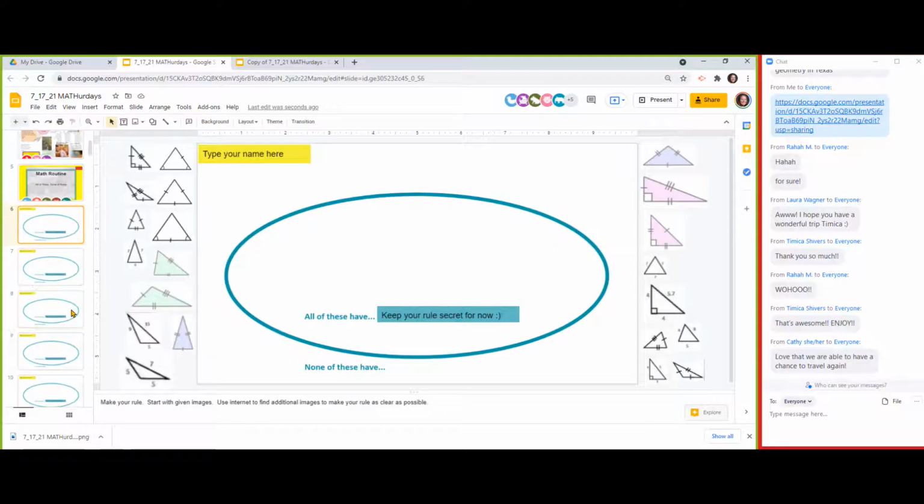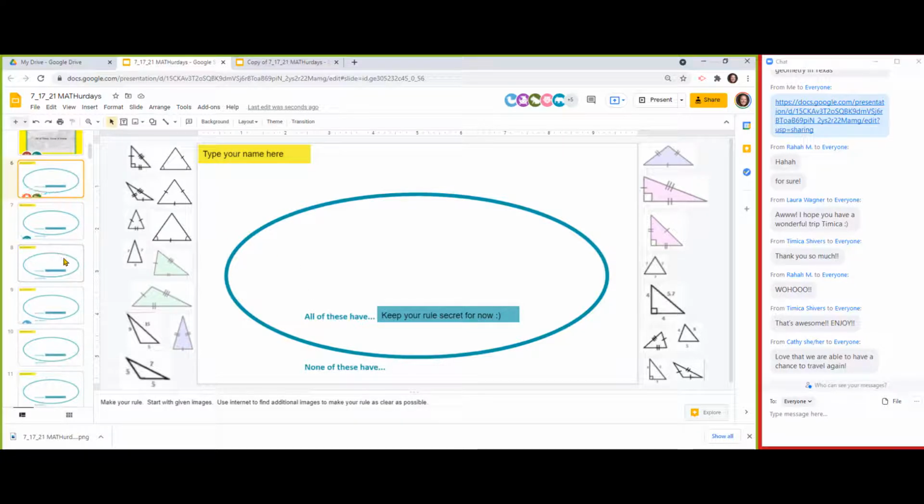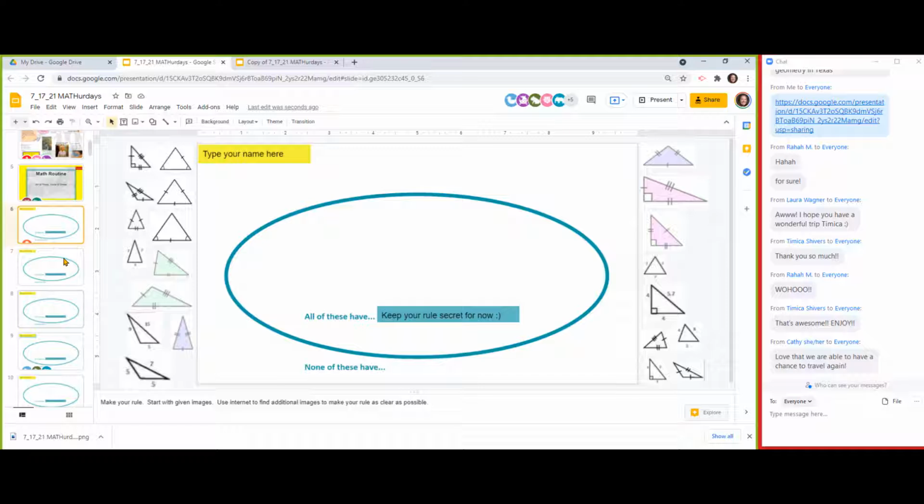What you'll see are a bunch of slides below that are ready for you to type your name and claim one. That's how other people will know that that's your slide. Please don't touch it. I'm working on that one. Go ahead and grab a slide, type your name in the yellow box, and you're going to think of a